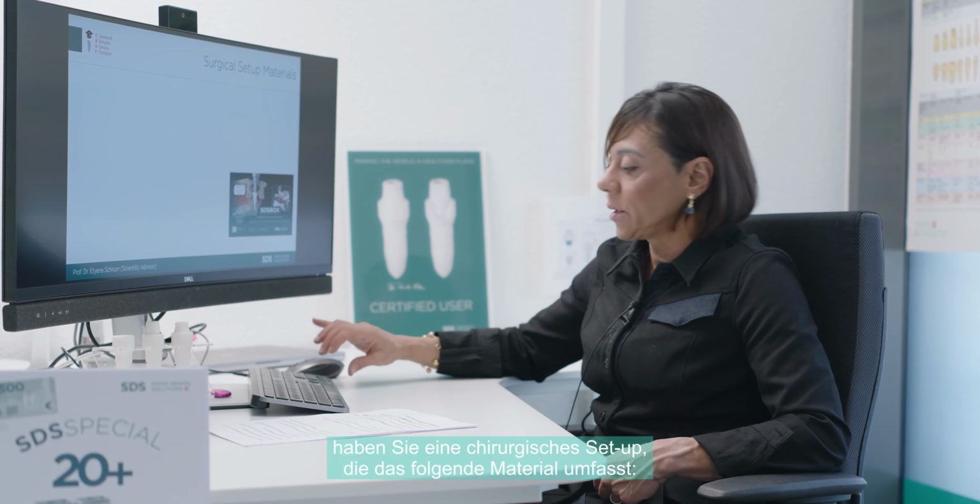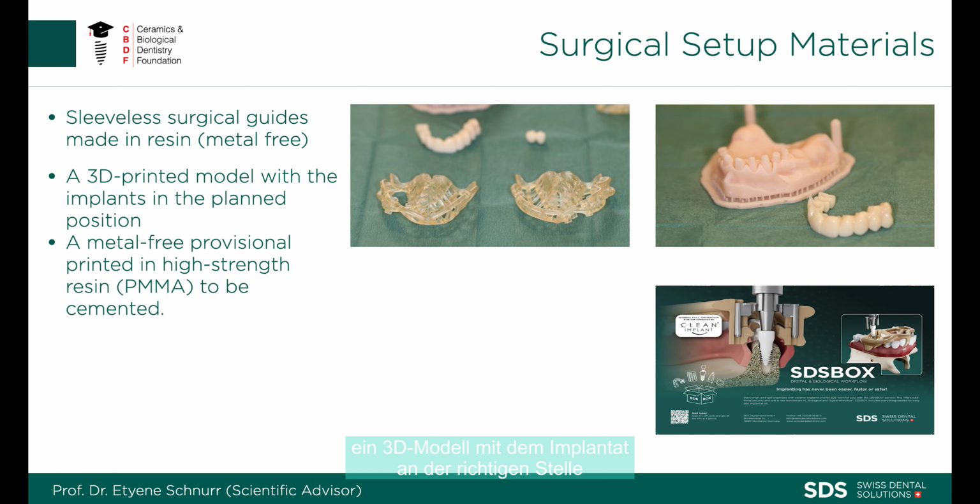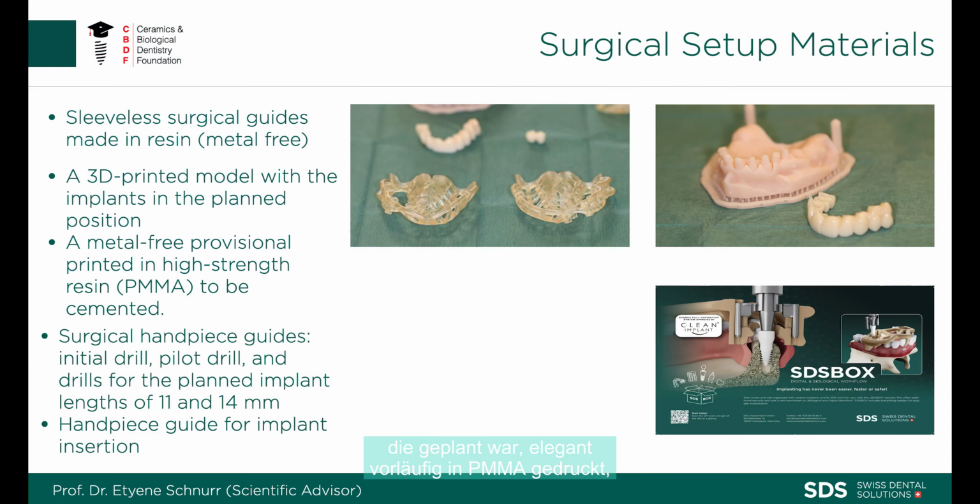Therefore, by using the SDS digital workflow before the surgery, you have a surgical setup that comprises the following material: a sleeveless surgical guide made in resin, so metal-free, a 3D model with the implants in the position that was planned, an elegant provisional printed in PMMA,